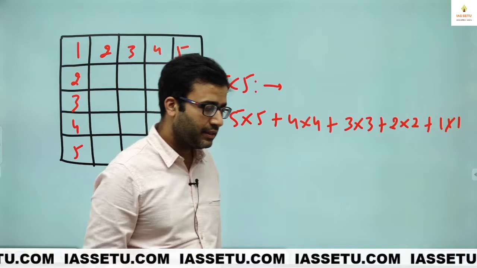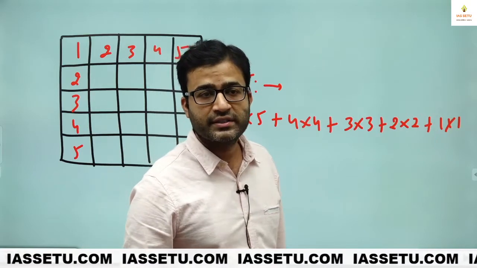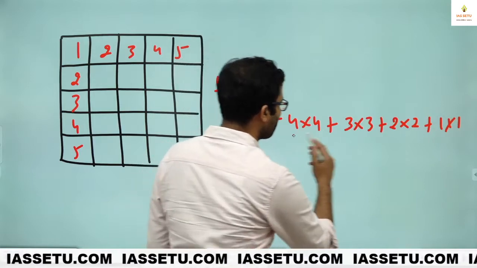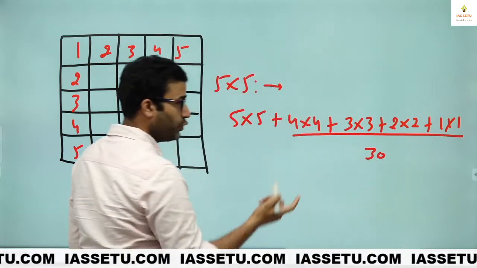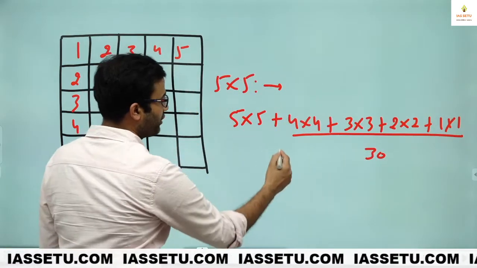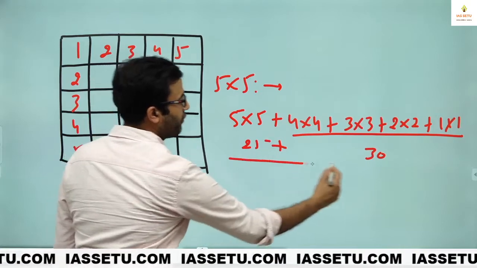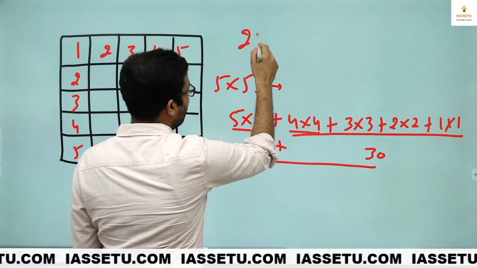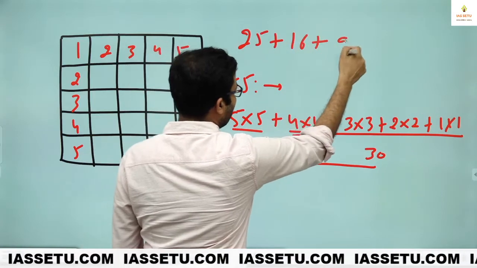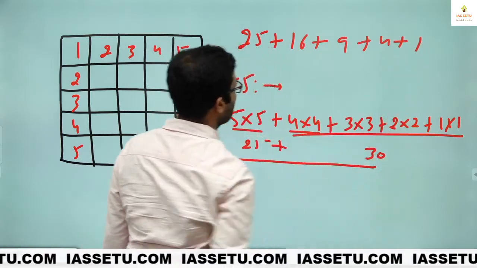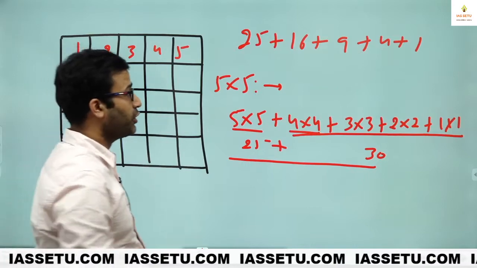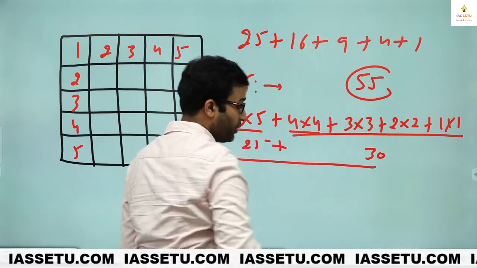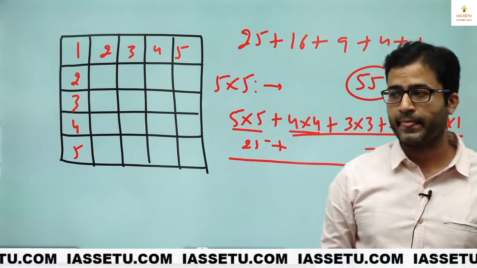And I will say smart people, they just take 1 second extra as compared to the last question. They know this is total 30. We already did that in the last question, plus 25. So answer is 55. Or you can check, this is 25 plus 16 plus 9 plus 4 plus 1. So this is 41, 50, 54, 55. So in the given figure, we have 55 squares.